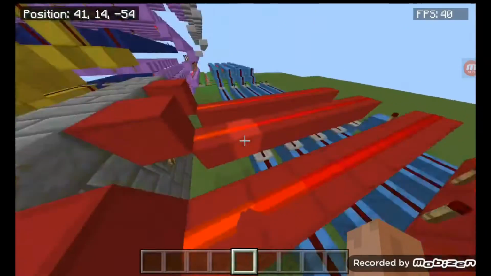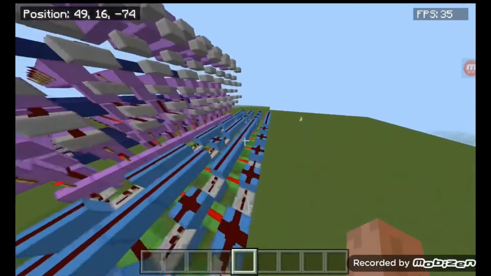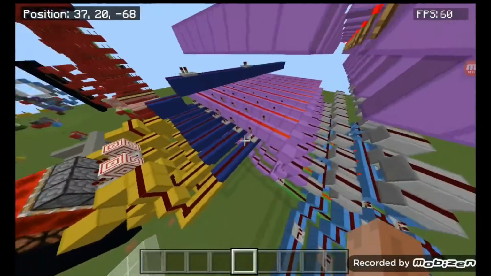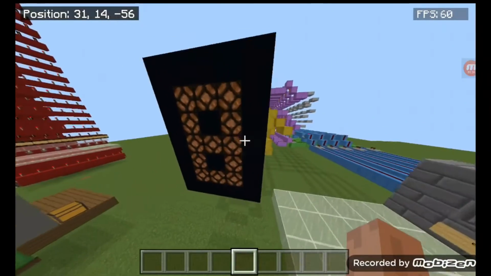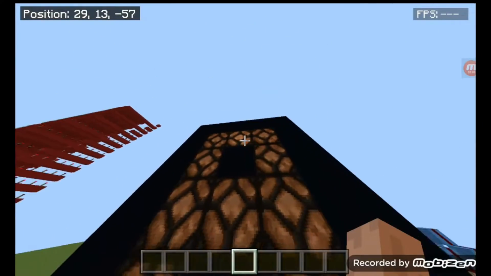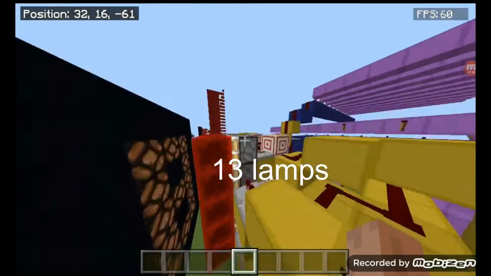And this, honestly, once you break it down into these color-coded segments, it's really not that complicated of a contraption. So let's first start off at the 7-segment display. This isn't really 7-segment. This is kind of just, I don't know how many lamps there are, but